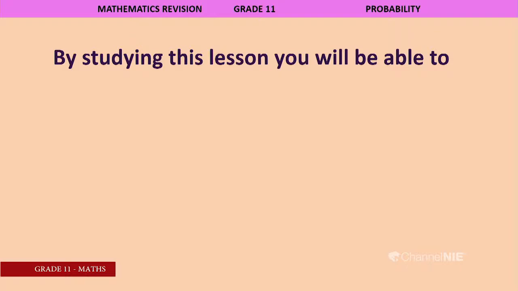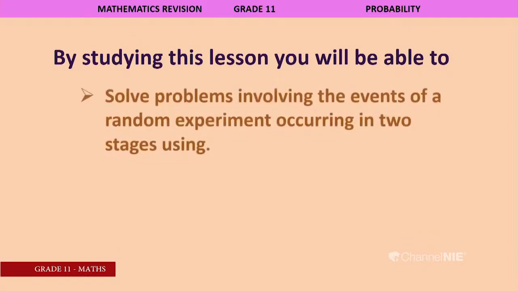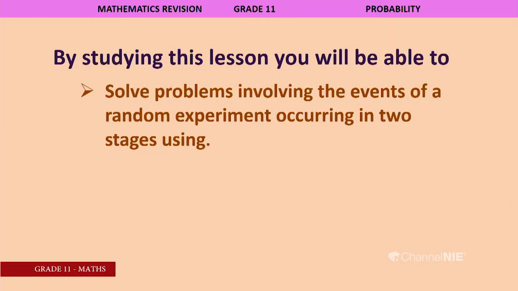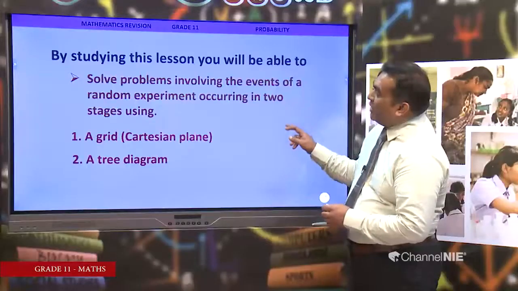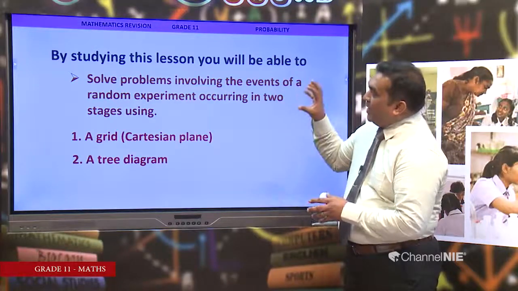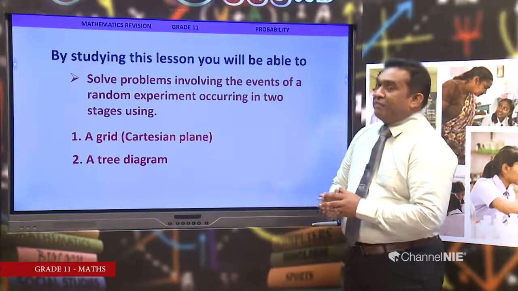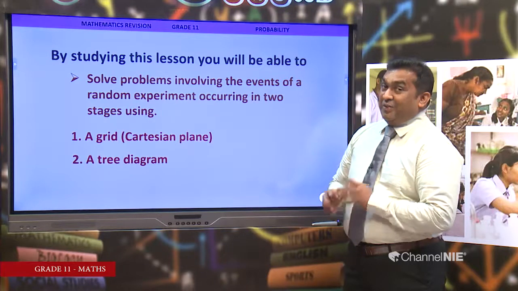By studying this lesson, you will be able to solve problems involving the events of a random experiment occurring in two stages using a grid, a Cartesian plane. You know about a Cartesian plane. Then a tree diagram. These are the diagrams we are going to use when representing the sample space graphically. We will see